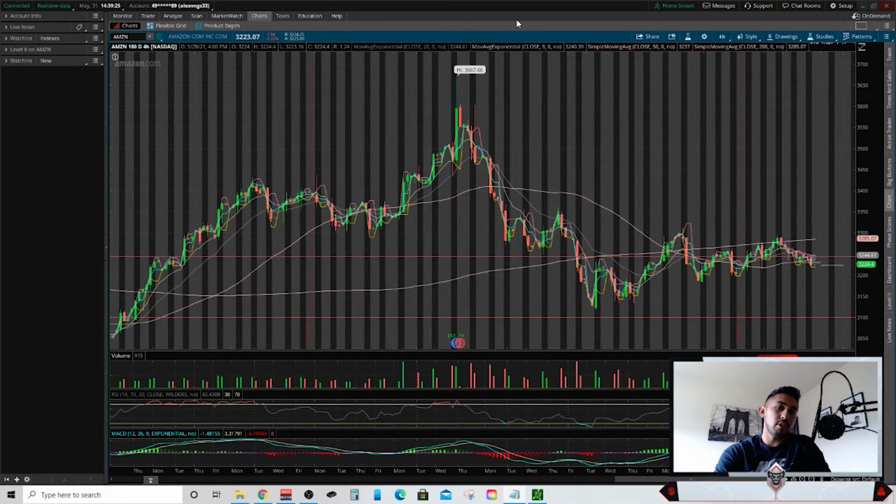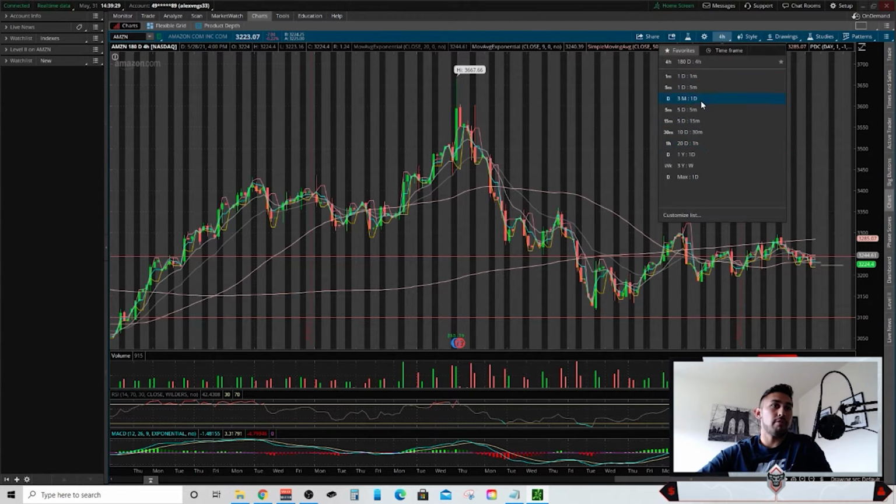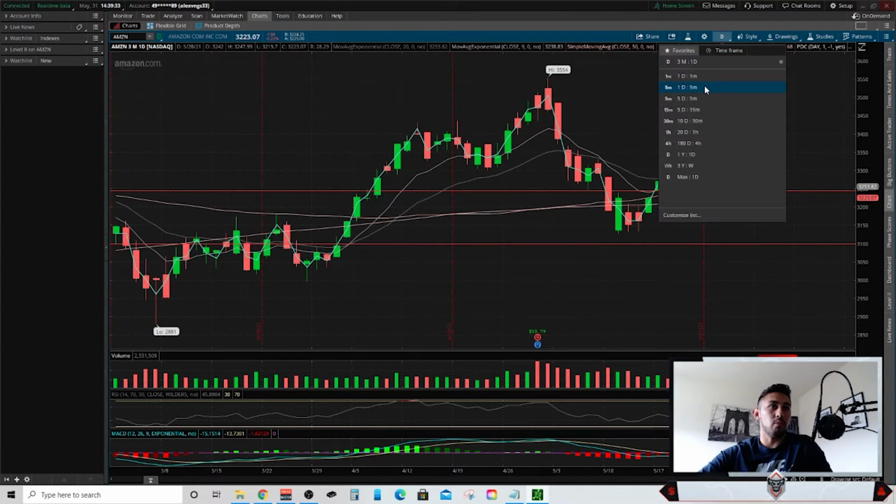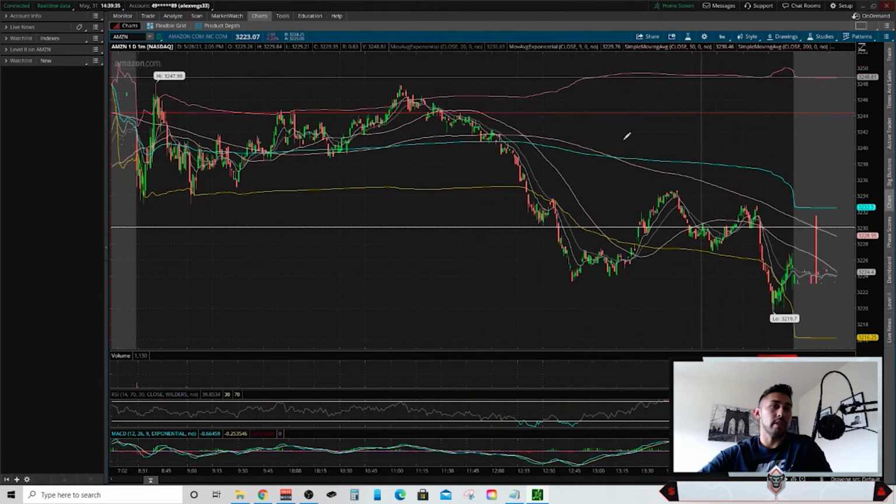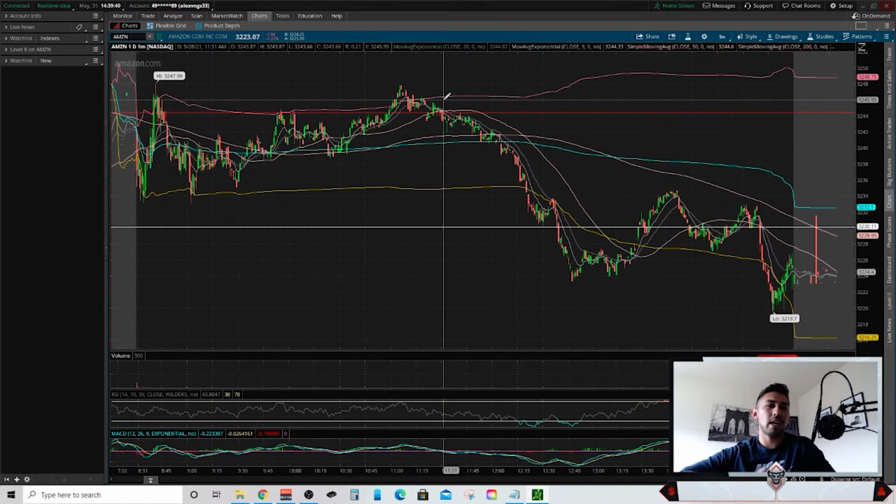There are just things to note with support and resistance levels. So first things first, support and resistance can be plotted for any time frame. Right now I've been using the 100-day 4-hour chart, but you can use the 3-month 1 day, you can use the 1 day 5 minute, 1 day 1 minute. Trend line support and resistance, whatever you want to use as support and resistance levels, everything that I broke down in this video can be used on different time frames.